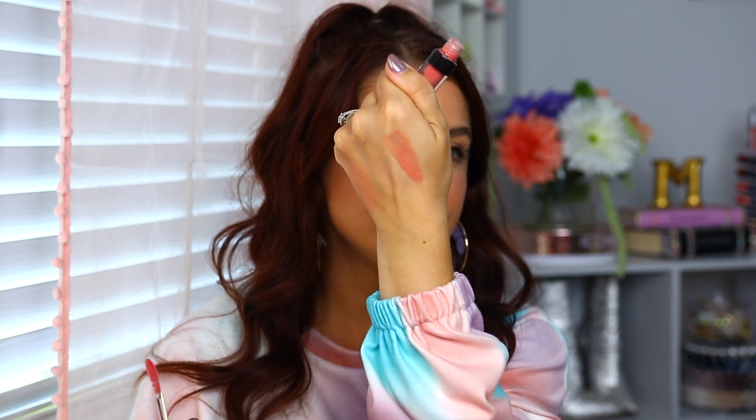I got the color Nude Kiss, and lip oils are something I've been getting into lately. I think in my last favorites video I mentioned the Colourpop lip oils, how nice those are. I really enjoyed that formula, but there's just something about a lip oil. I feel like it's just really hydrating. It's a little bit more sheer, but it's not as sticky as a lip gloss, and this shade in particular